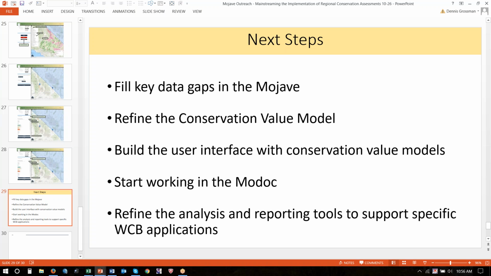Would love to have your input on that. In terms of CNPS ranks, we're including all of the 1B and 2B plant species, which I think is around 300. That's fantastic.